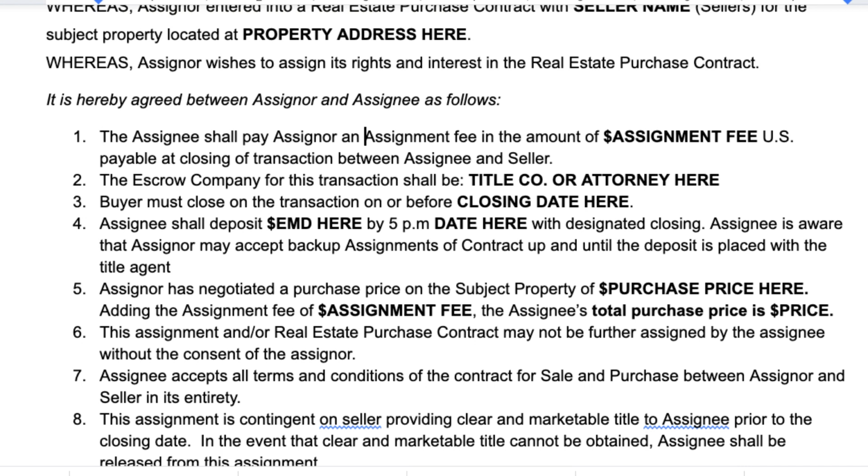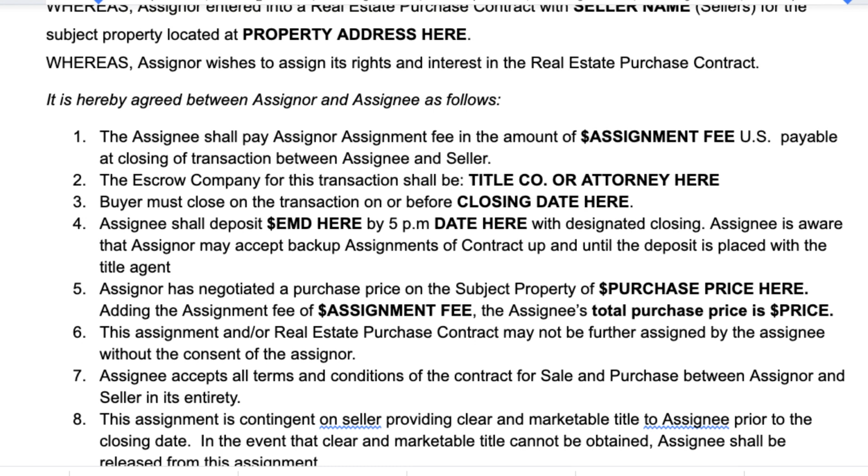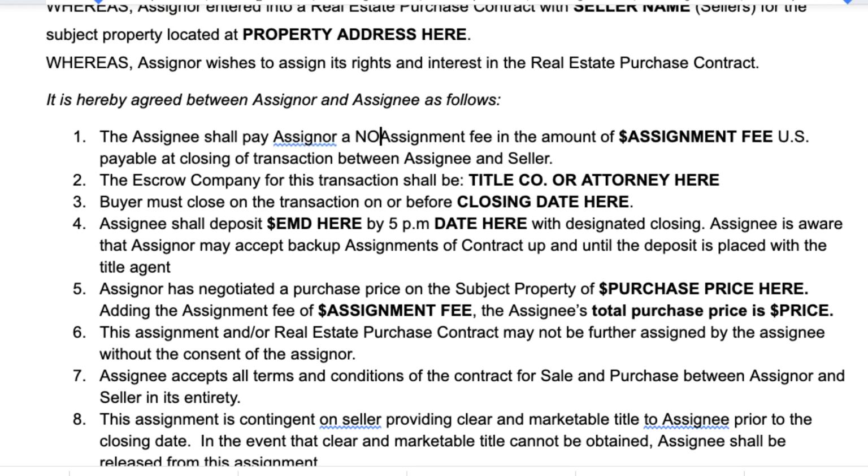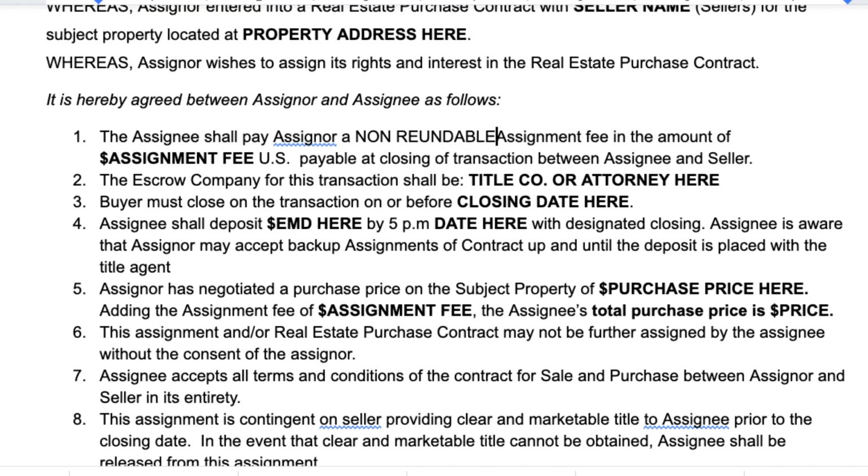I'm going to add a non-refundable assignment fee in the amount of... non-refundable assignment fee. And I'm going to make that bold there, by the way. So now it says the assignee shall pay the assignor a non-refundable assignment fee in the amount of whatever the assignment fee is. Okay. And then I'm also going to copy this and I'm going to add